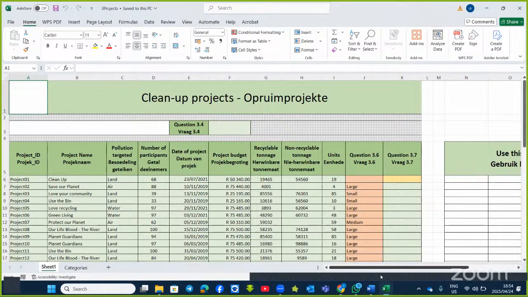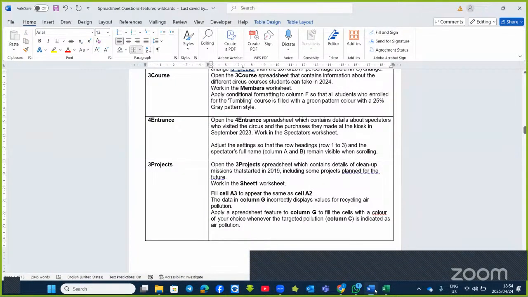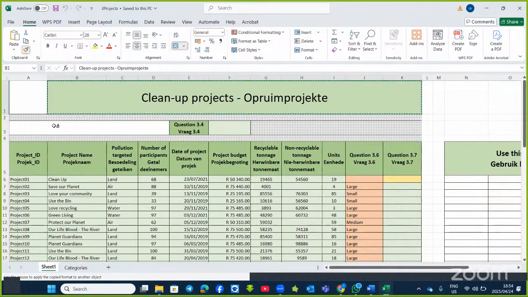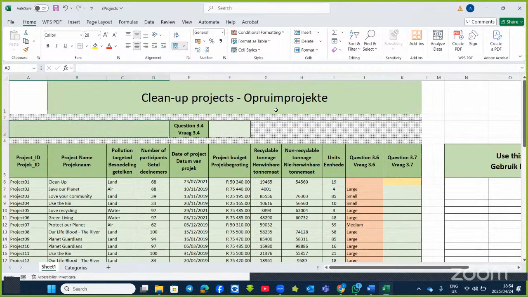Now, according to this question, it says, fill cell A3 to appear the same as A2. Like I said, this is A3 to appear as the same as A2. So you just go to Format Painter, and then you come and click there. So that is how we use the Format Painter. Now, the next question,